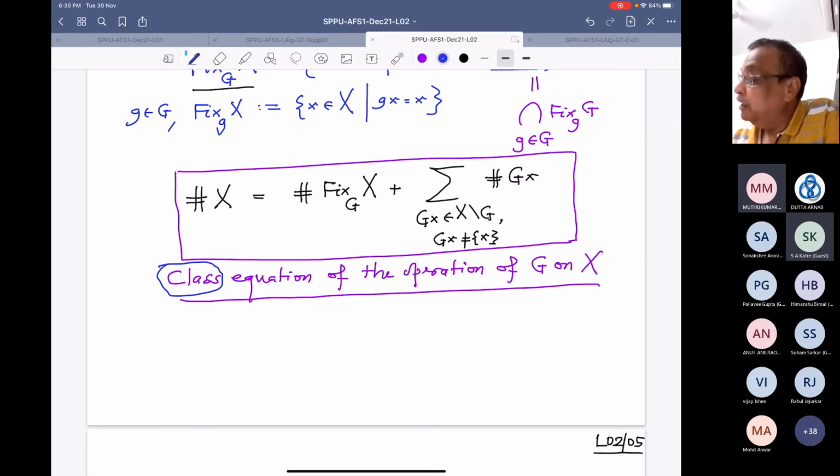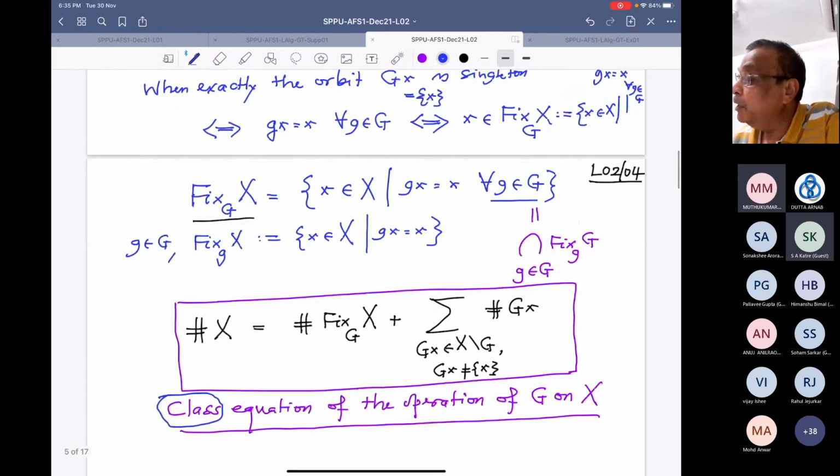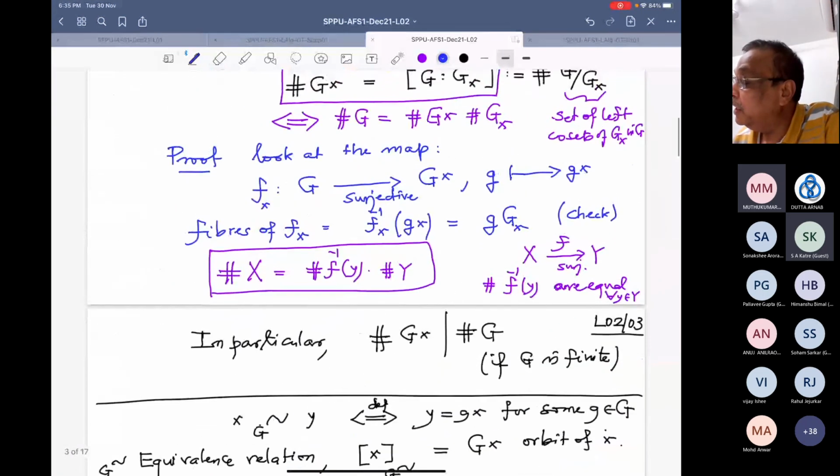All right, and of course, when I wrote this equation, one assumed that it is a finite set. But one doesn't have to assume that it is a finite set if you properly know set theory and cardinality correctly. So I will not go into that. Whenever you have trouble, you assume finite. But it is not really necessary. For example, in this proof, I never said somebody is finite.